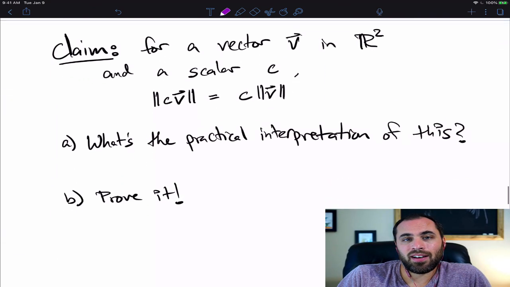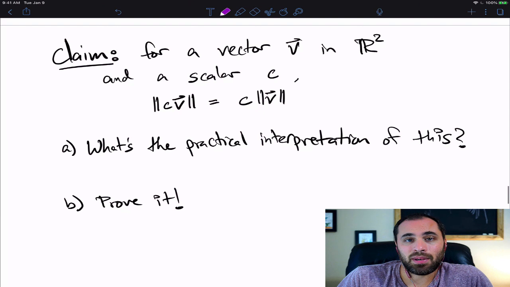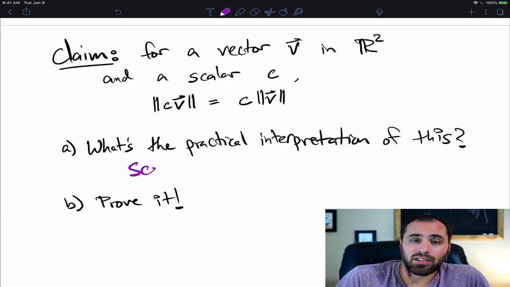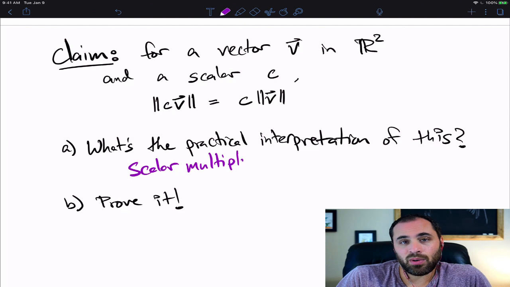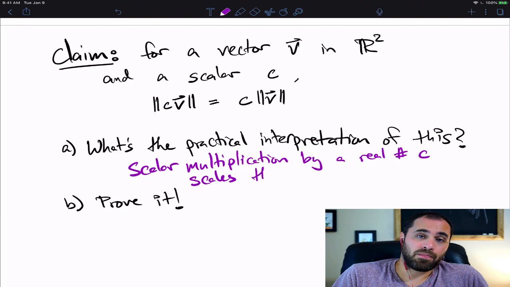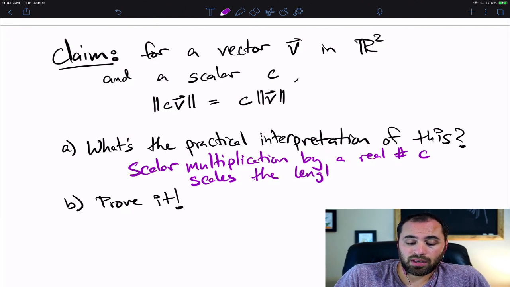So here I have a, I don't know, let's call this a lemma for you. So what's the practical interpretation of this statement? Well, on the left-hand side of the equation, it's saying that the magnitude of the vector v when we multiply it by the scalar c is equal to, on the right side of the equation, the scalar c times the